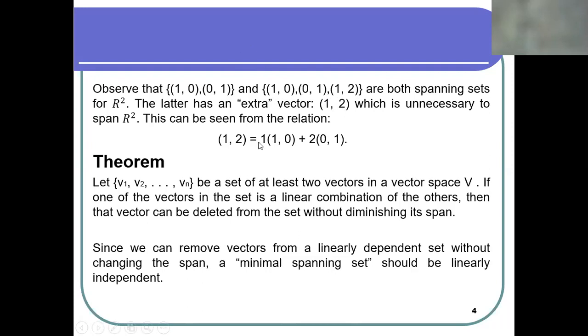If you look over here, you can realize why it is dependent: this element can be written as a linear combination of the remaining two elements. So if we omit this element, even then we can say these two still span